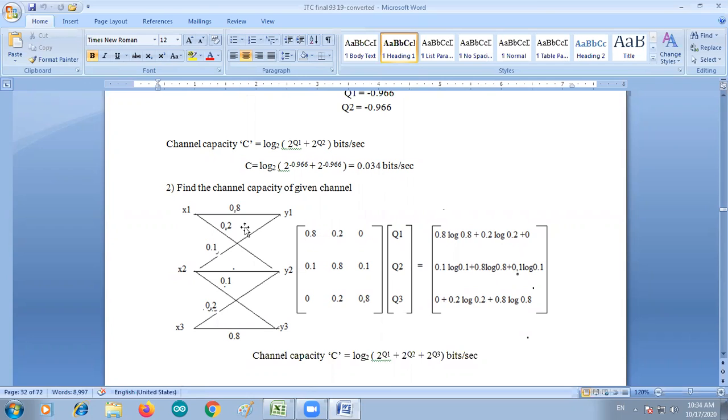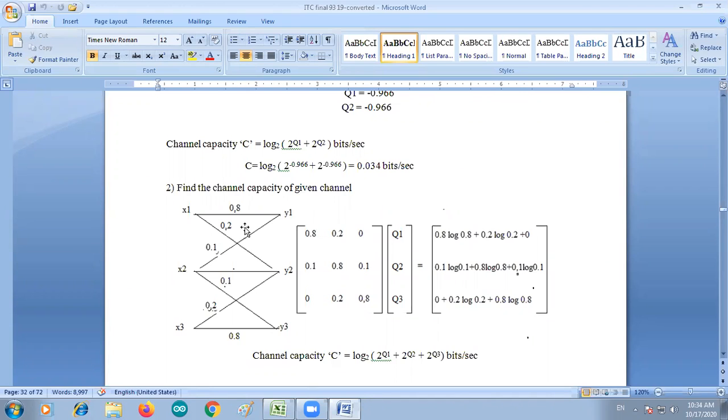Find the channel capacity of the given channel. X1, X2, X3 are the inputs and Y1, Y2, Y3 are the outputs. So what is this channel? This channel is